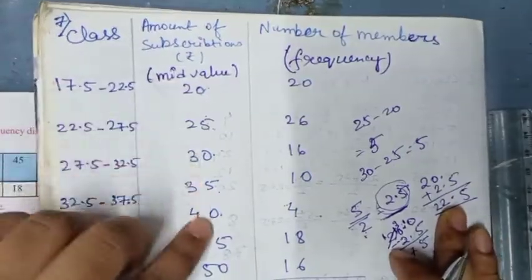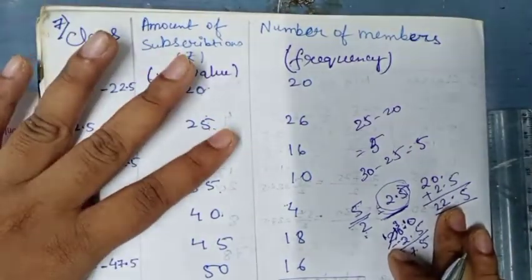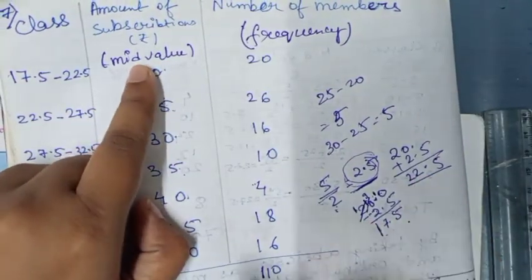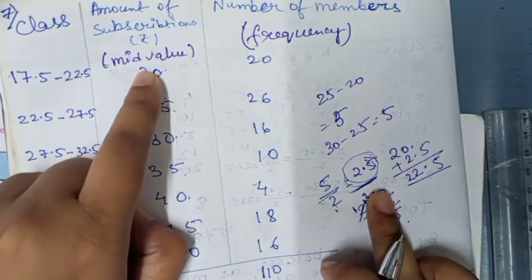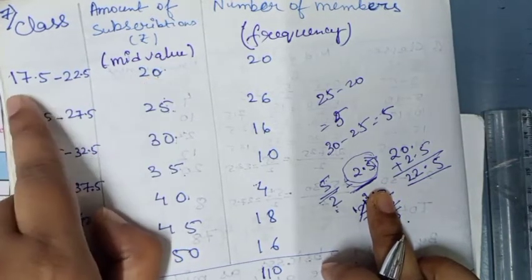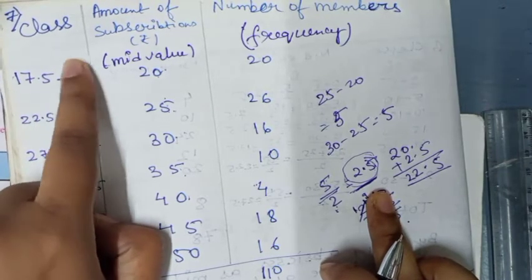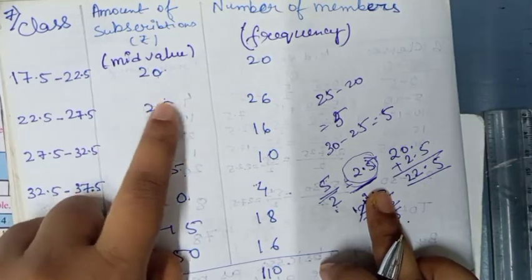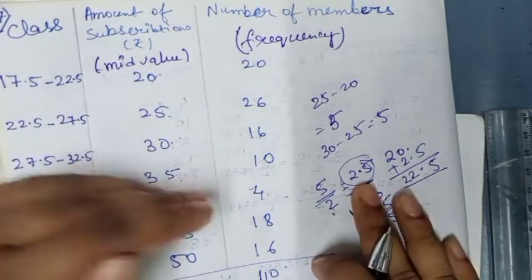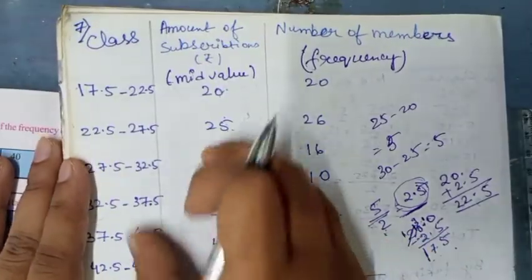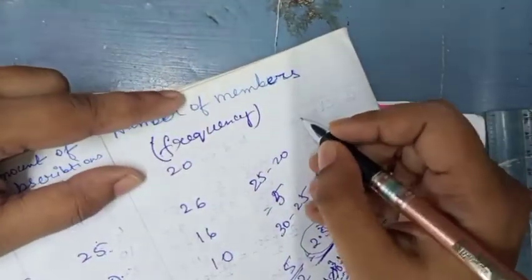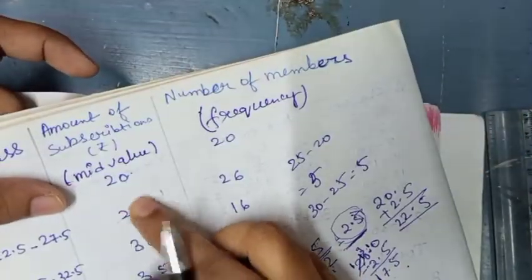Okay, first you will find the difference between mid values, which you are getting as 5. Half of 5 is 2.5. Subtract 2.5 from 20 and add 2.5 to 20. When you subtract 2.5 from 20, you will get 17.5, and when you add, you will get 22.5. Again, now in this one it is 25. In each and every one you have to subtract and add 2.5 to get the class limits. Now again I am doing here, what we have is mid value 25. Now we have to subtract 2.5 from 25.